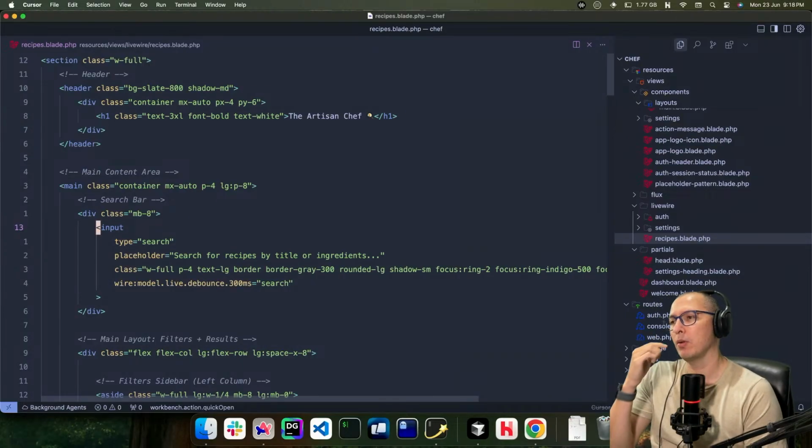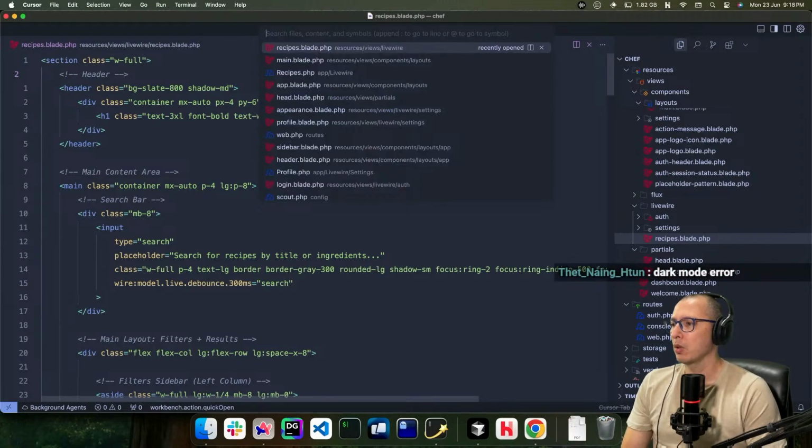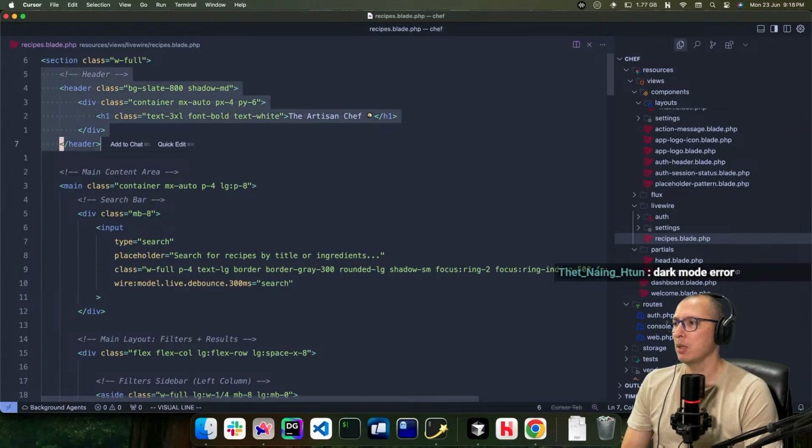Dark mode error. Yeah, I don't know why. Oh, I guess I know. Hold on, I'll fix it in a moment. And yeah, this is the problem. Copied too much. Actually, I don't need this.